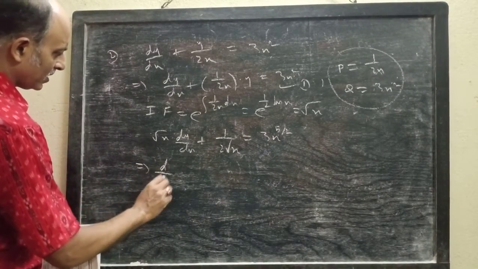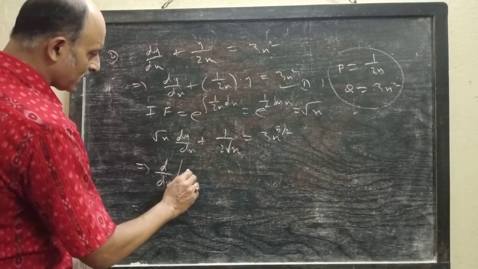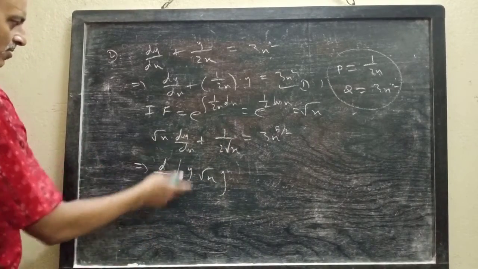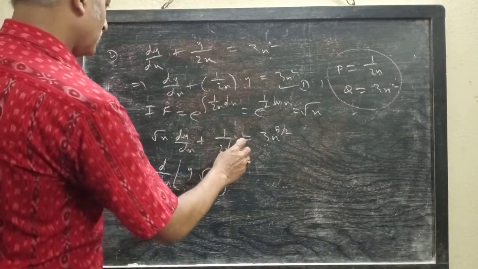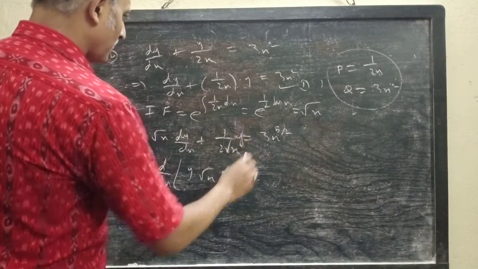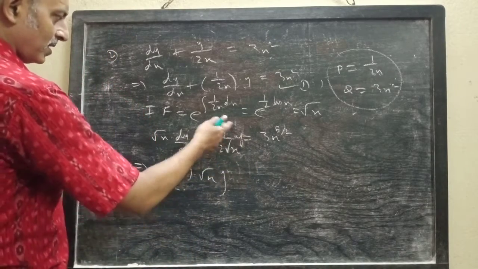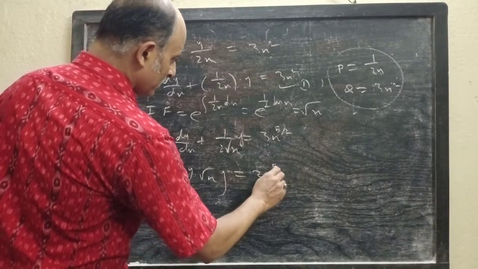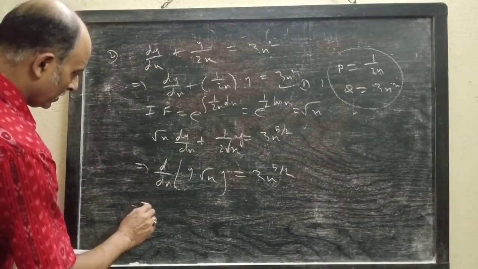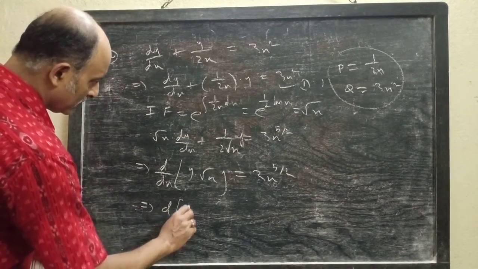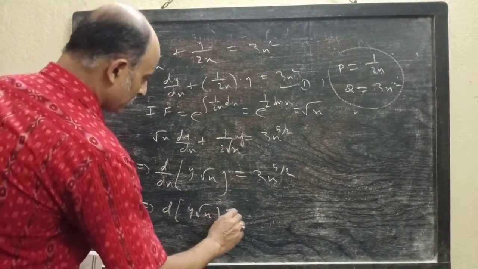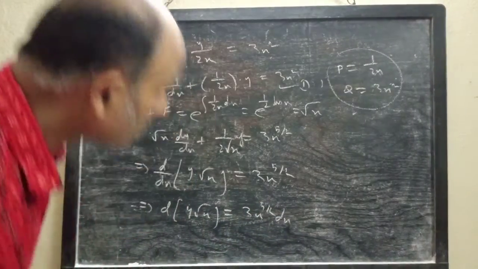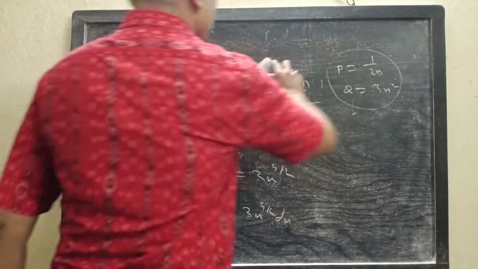Now you can write the left hand side in this way: d/dx of, first write the dependent variable y, then write the integrating factor. Now check dy/dx, y unchanged, then root x, derivative of root x is 1 by 2 root x, so 3x to the power 5 by 2. Then we can write d of (y root x) equals 3x to the power 5 by 2 dx. Now integrating both sides, we have